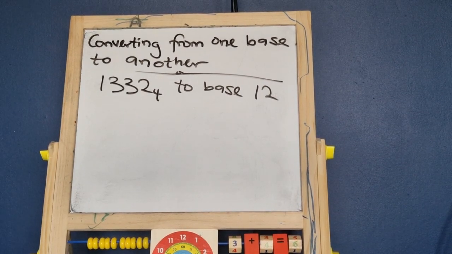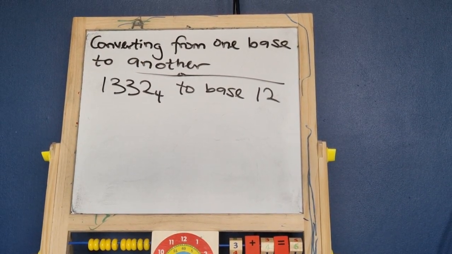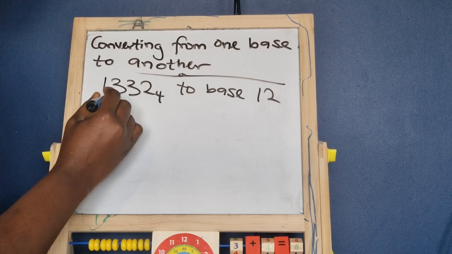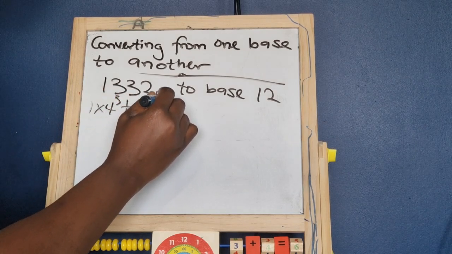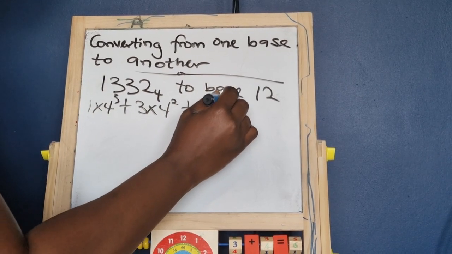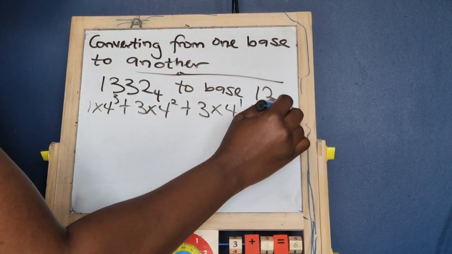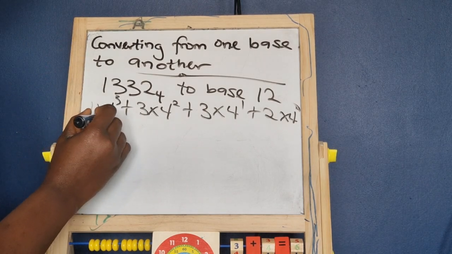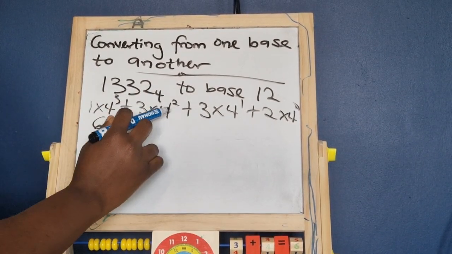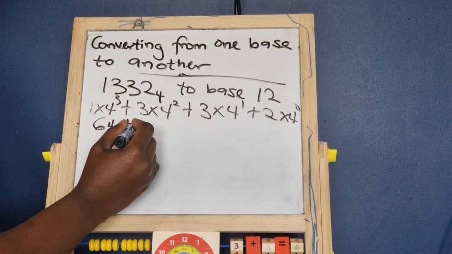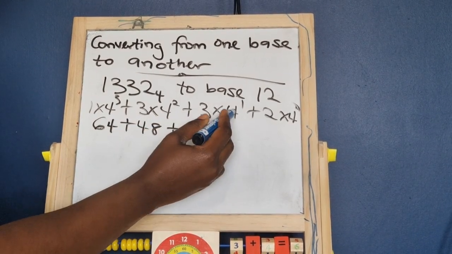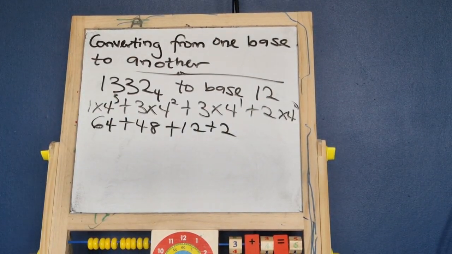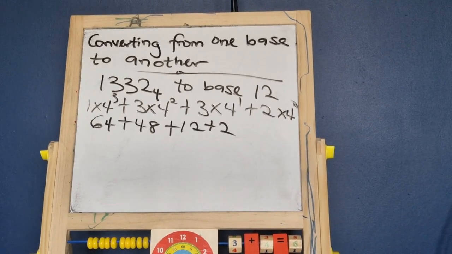Let's solve one more. We want to convert this from base 4 to base 10. So we would have, this will be 0 1 2 3. So this will be 1 times 4 raised to power 3 plus 3 times 4 raised to power 2 plus 3 times 4 raised to power 1 plus 2 times 4 raised to power 0. So this would be 4 times 4, 16. 16 times 4, 64. Plus 4 times 4, that's 16. 16 times 3, 48. Plus 4 times 3, that would be 12, then plus 2. And this would give